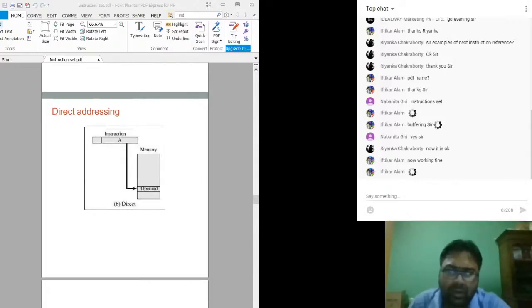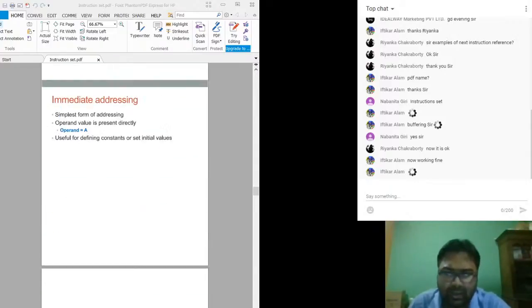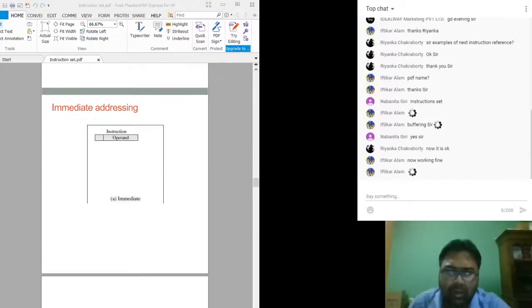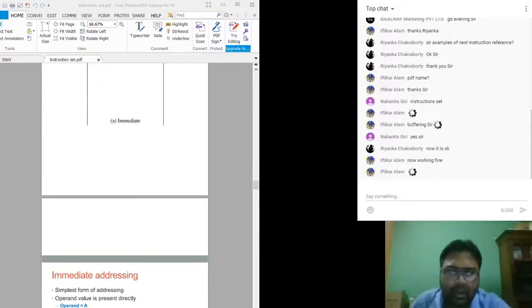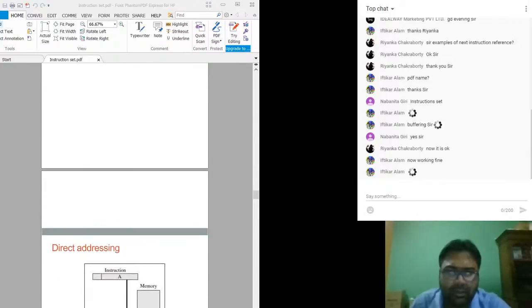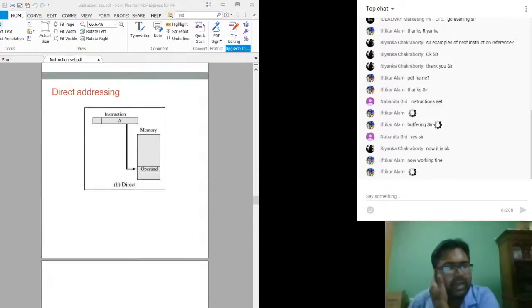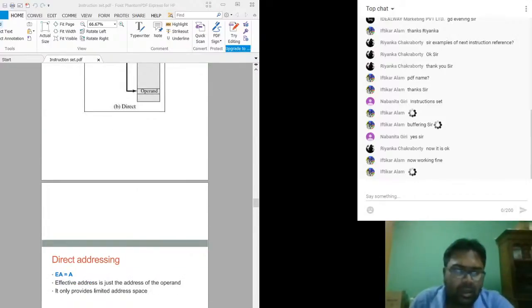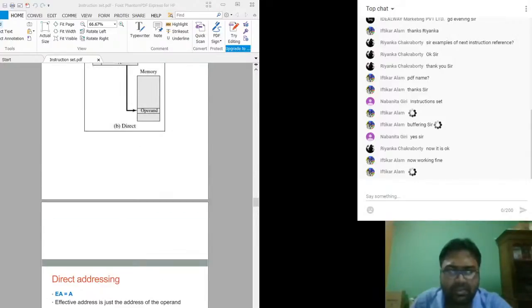So next we have direct addressing. Just follow the diagrams also. What you are doing in direct addressing is that the effective address is equal to A. The effective address is just the address of the operand. It only provides limited address space.